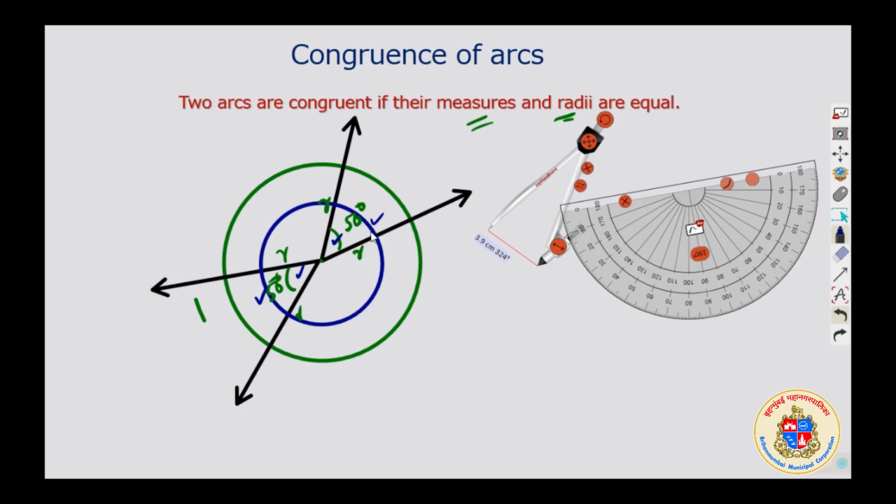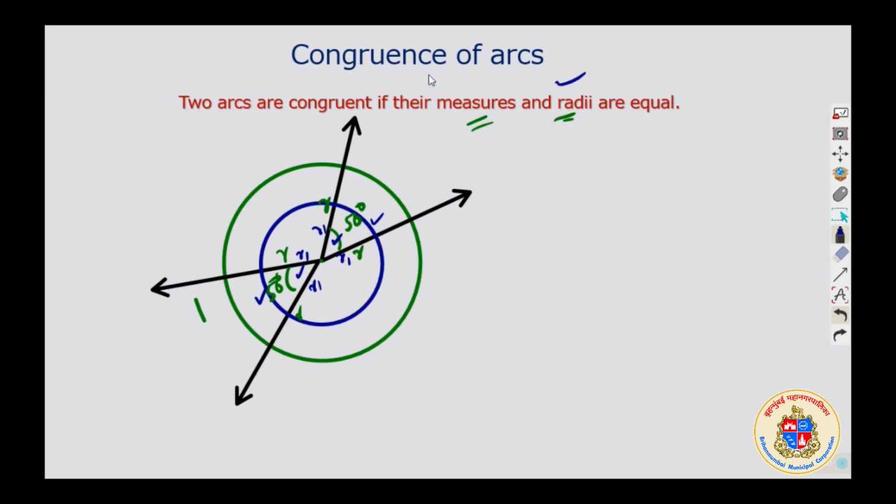But this particular part, the size of the arc, is not the same because the radius is different. This is R1. This radius is R1. Different radius. The first one was R, the bigger one. So if the radius changes, the measure of the arc changes. So there are two things to be considered. The measure of the arc is considered by the measure of its central angle and the radius. If both are equal, the two arcs are considered to be congruent.